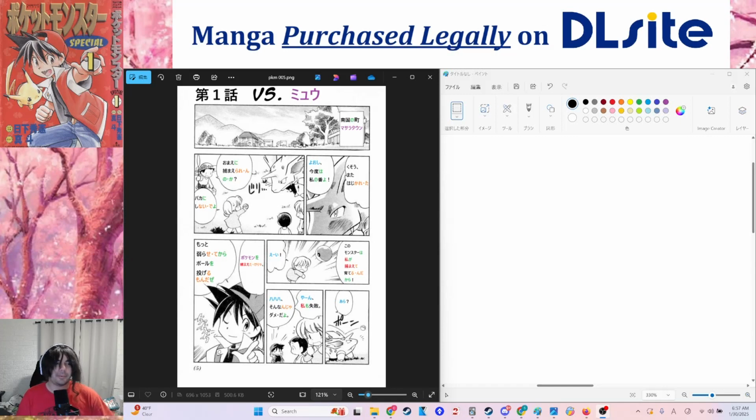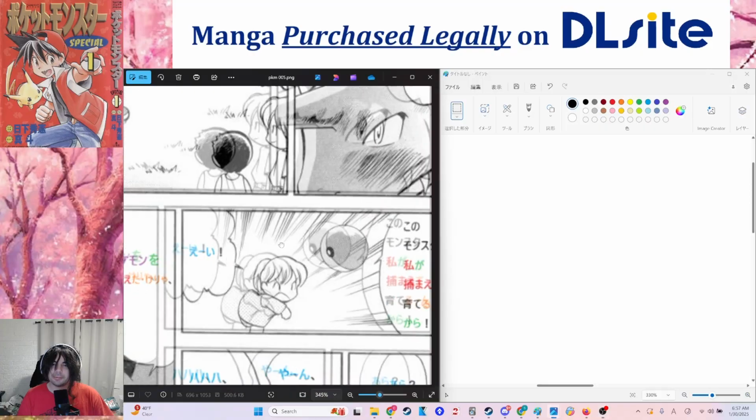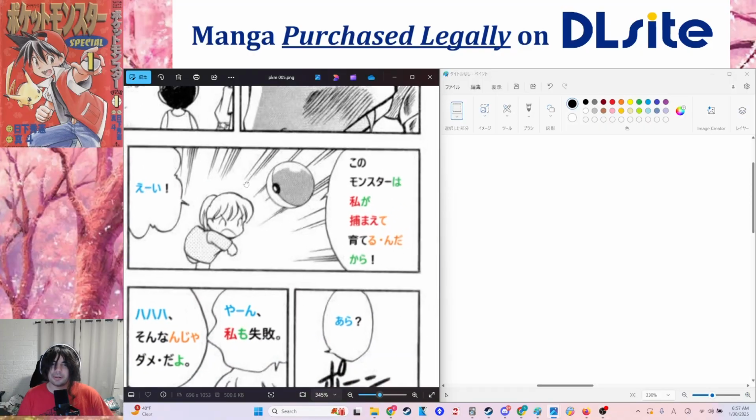Okay, I think we all know why we're here. Let's go ahead and get into it. So, if I remember correctly, we are right about here on this panel, starting with a pretty beefy thing to